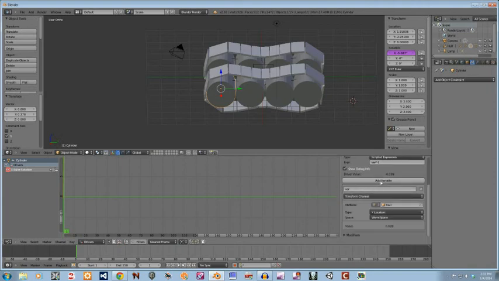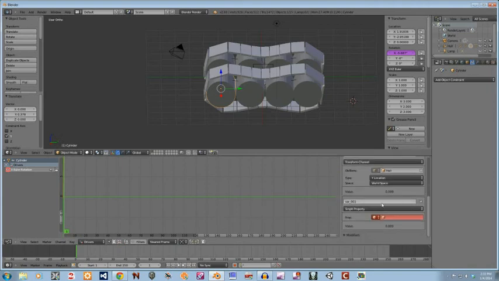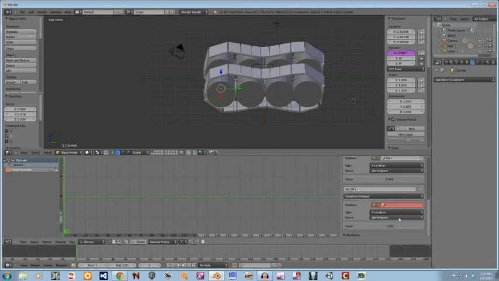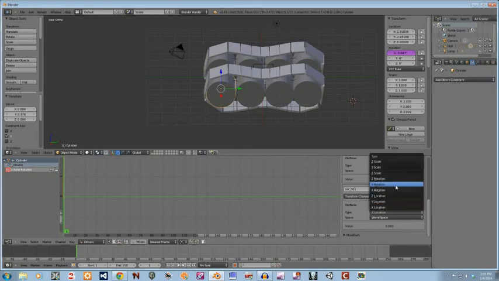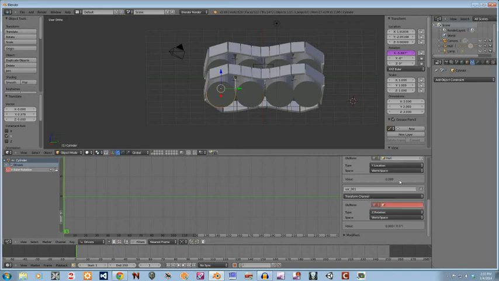Under the driver menu, we're going to add another variable. Now this variable is called 001. We're going to come up here and bring it to transform channel like the other one. But this time, instead of a location, we're going to make the tank turn, and it's going to turn on the z-axis. So we're going to go z rotation of the hull, which is the empty box,